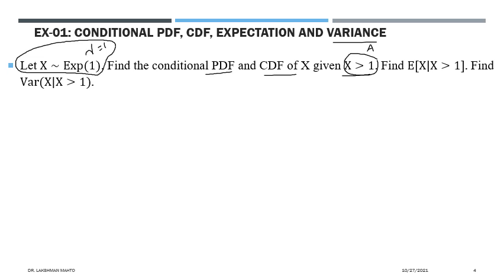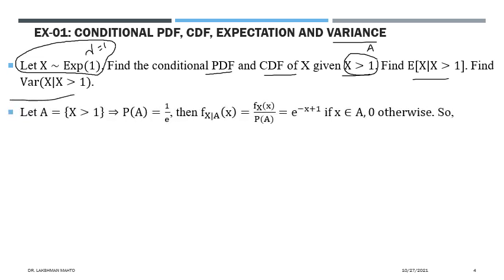Okay, after that we will find the conditional expectation of X given A, and the conditional variance of X given A. So all these we have to find here. First we need to define this event in a systematic form. I told you that whenever you are defining an event in the case of a random variable, we always express that in terms of the random variable. So this event A is defined as random variable X observing a value greater than 1.